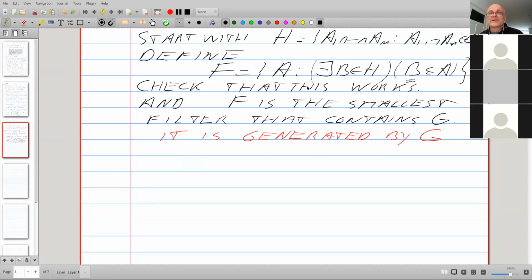What other things can we say about filters that are useful to have? Well, let me just, lest I forget, there are one or two terms that I use so often that I forget to define them.